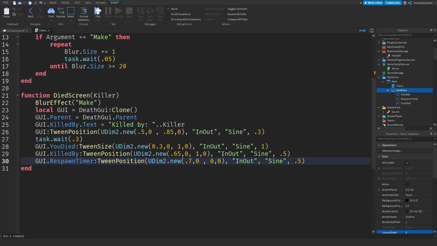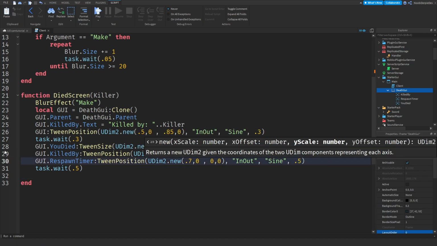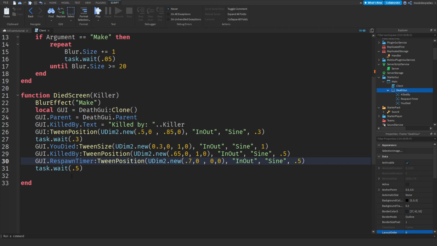So after everything has been tweened, we're going to wait half a second for the game to just catch up, I guess. So what we're doing over here is looking if everything has been tweened. So as I said, after everything has been tweened, my English just quit on me. Then we're going to